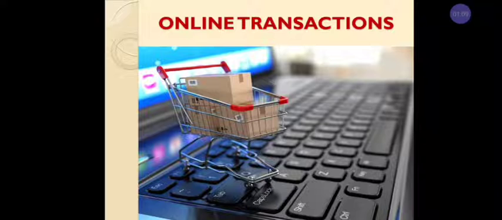But in online business, in e-business or e-commerce, what are the steps involved? Mainly, three stages or three steps are involved. Firstly, pre-purchase. Second, purchase. Third step, deliver. In pre-purchase, it includes advertising and information. The customer will get the information through the advertising.